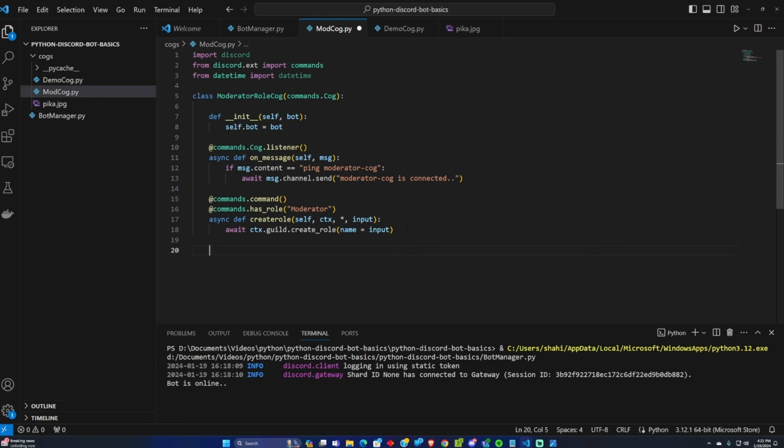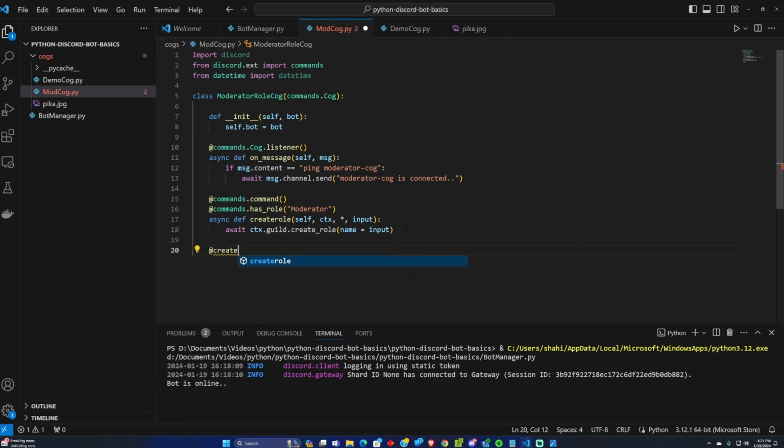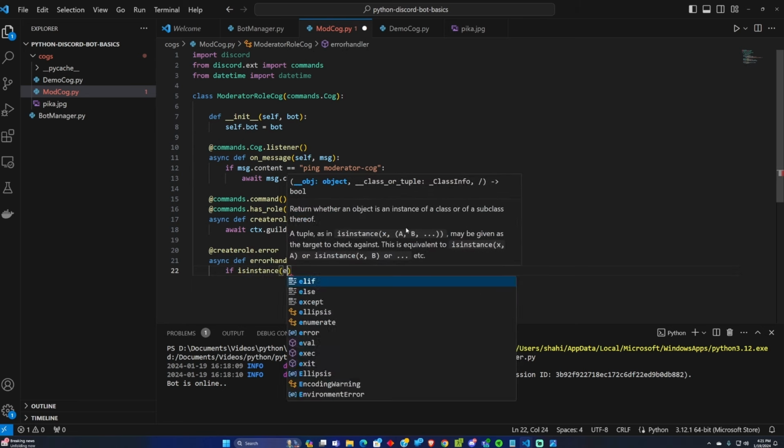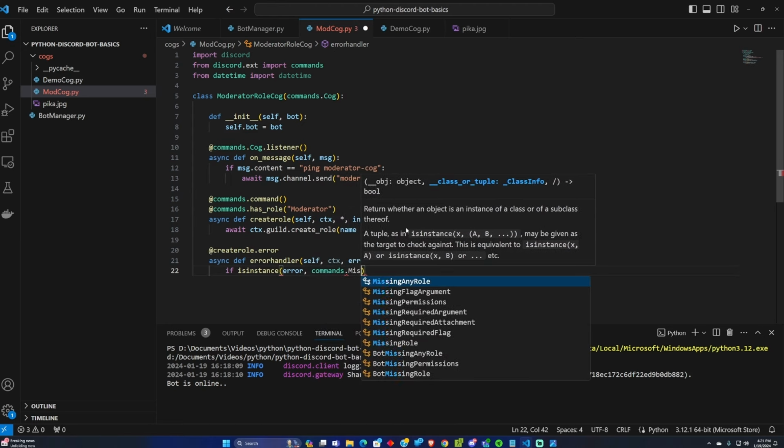So what we're going to do is create an error handler and catch that. create_role.error, async def error_handler(self, context, error), and if isinstance(error, commands.MissingRole):